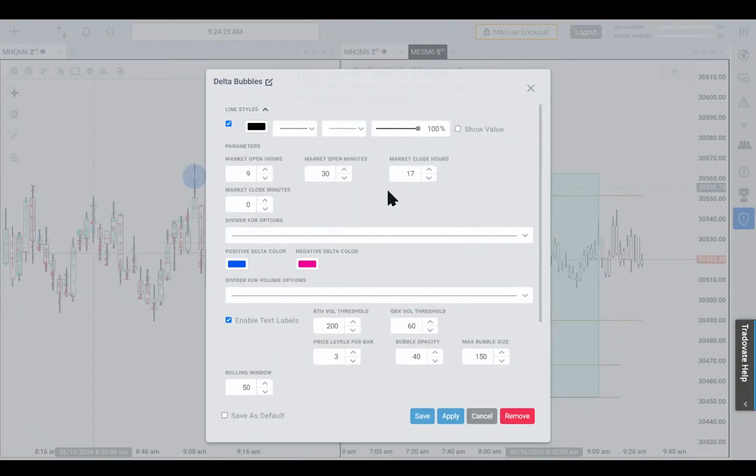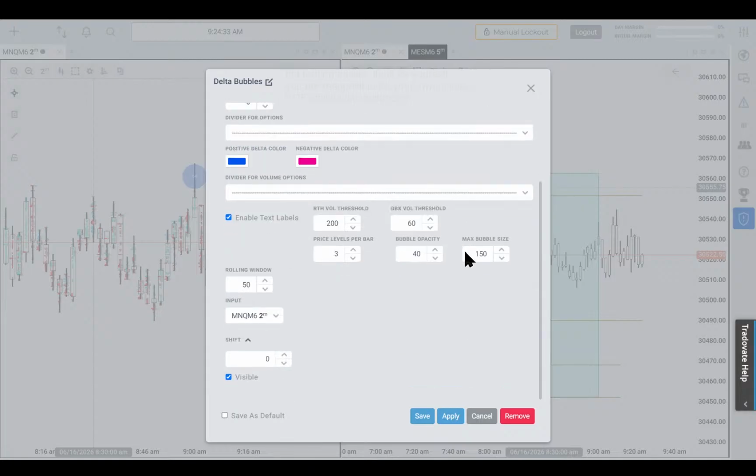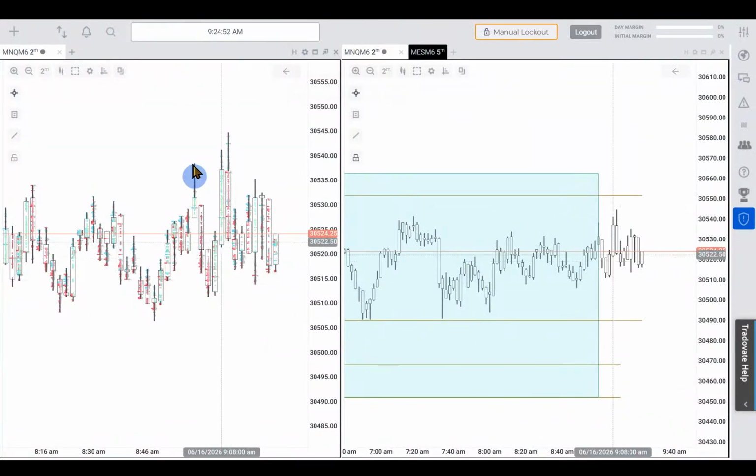And these numbers up here, the starting market hours, I don't need to change that because that aligns with New York anyway. Right, and so now we're using this number here, global number 60. And I also changed the RTH bubble size to 150 because I just like bigger ones, and opacity to 40. I think I like it more, and it becomes a bubble like this.